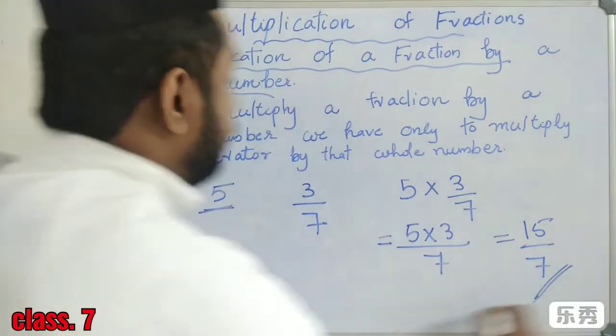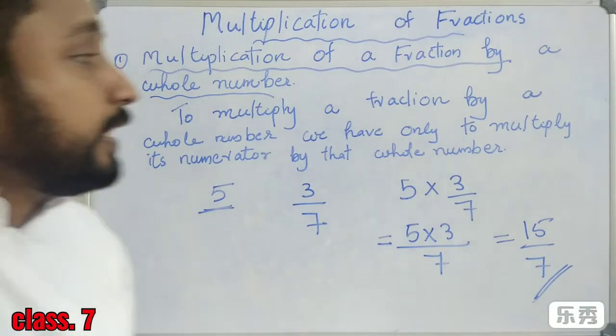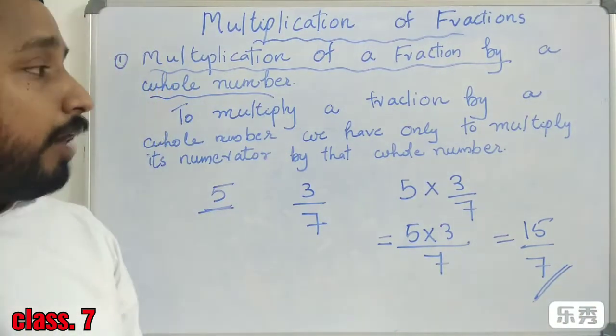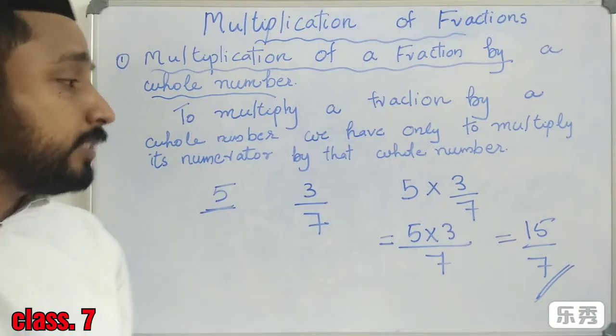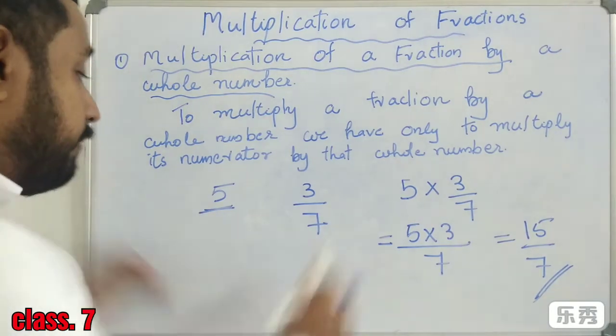So our rule is that to multiply a fraction by a whole number, we have only to multiply its numerator by that whole number. Another example,